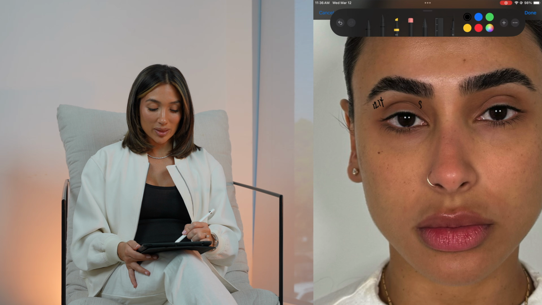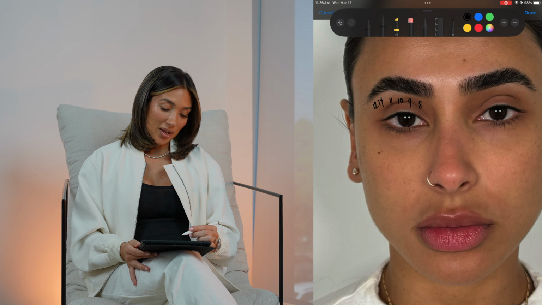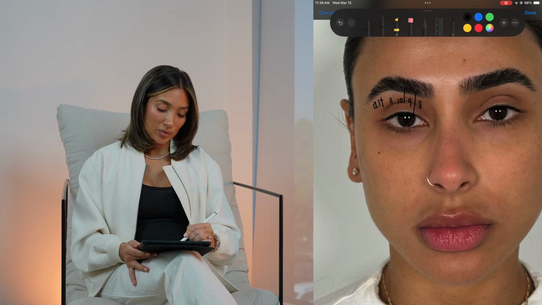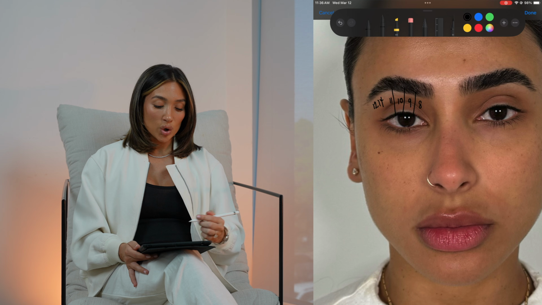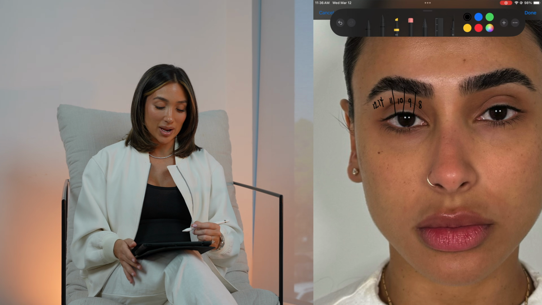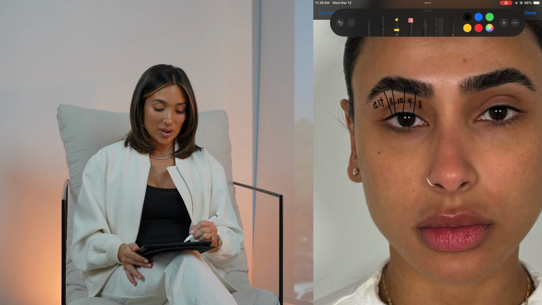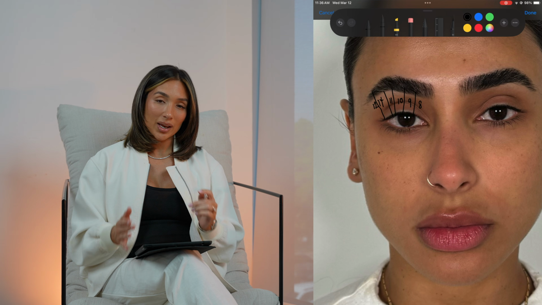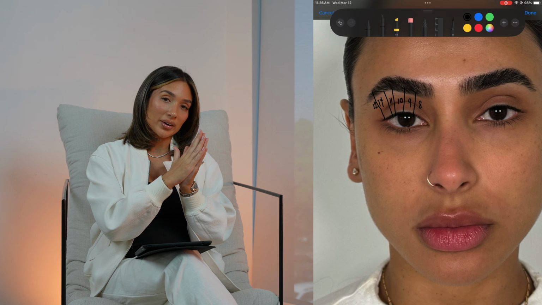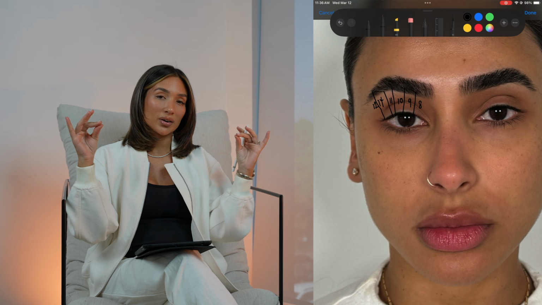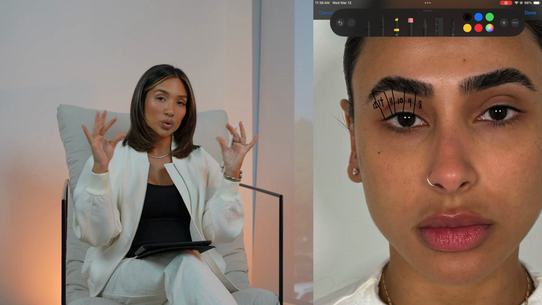And we started with 8s, 9s, 10s, 11s, and let me go ahead and just draw the lines. I really like to draw the lines after I draw the numbers, so that way we can see where it's going to start and where it's going to end. And then we jumped to the 14, angling the outer corners a little bit more at an angle, so that way we have a nice natural swoop